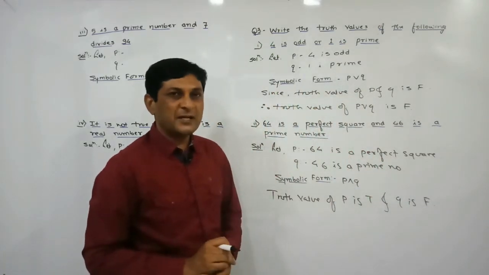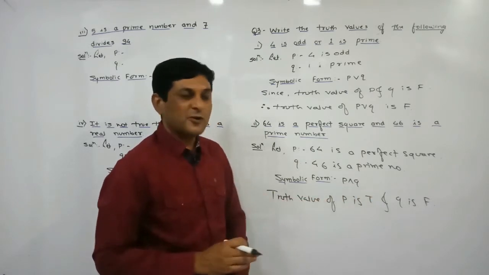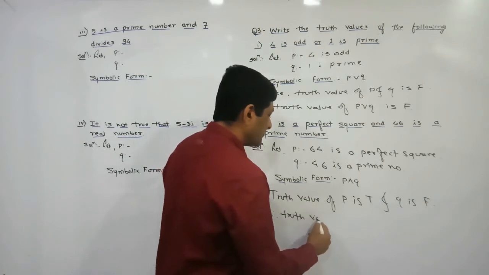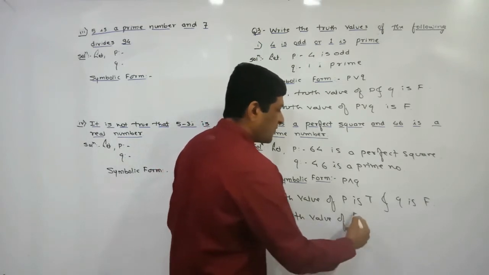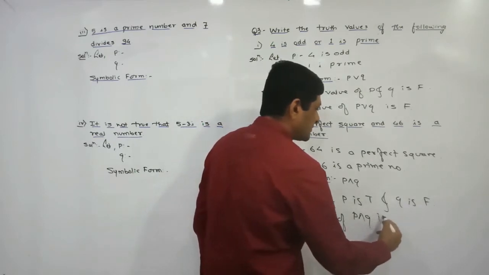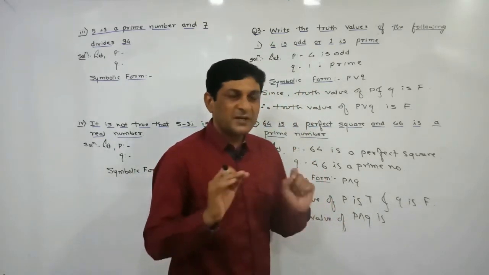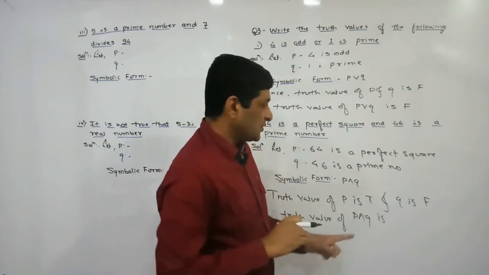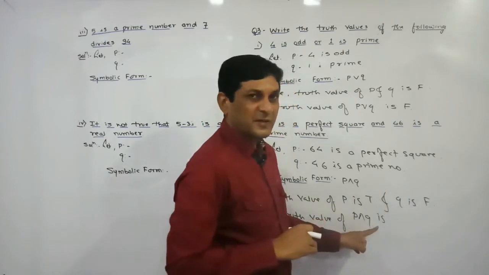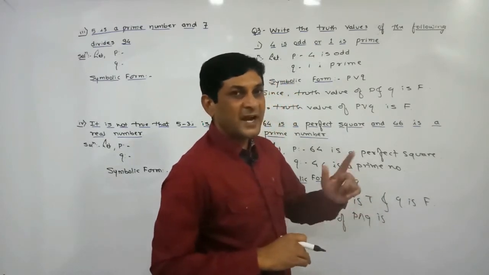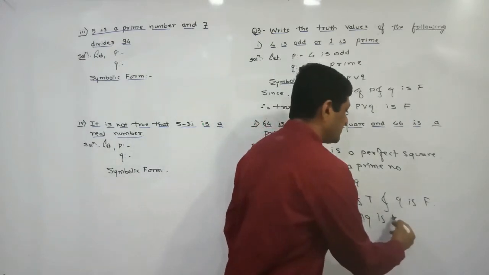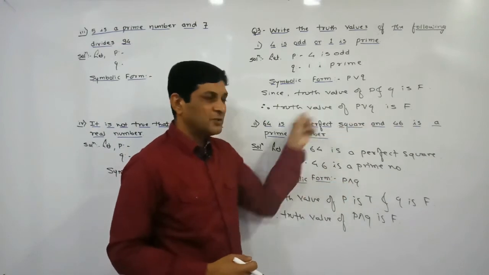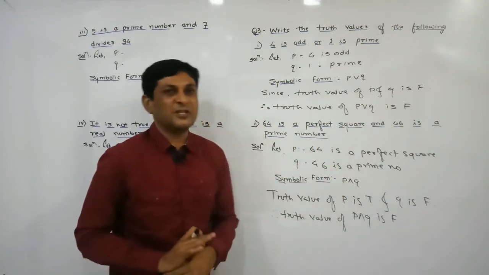Once the truth values of P and Q are known to us, we are able to find out the truth value of the symbolic form. So therefore, the truth value of what? P and Q is. So see, in case of AND, what condition have we seen? If at least one statement is false, the truth value of AND will be false. So here Q is false, which means one statement is false, and in case of AND, if at least one statement is false, the truth value is false. The truth value of this symbolic form is false, meaning indirectly, since this is the symbolical representation of this statement, the truth value of the given statement is false here.